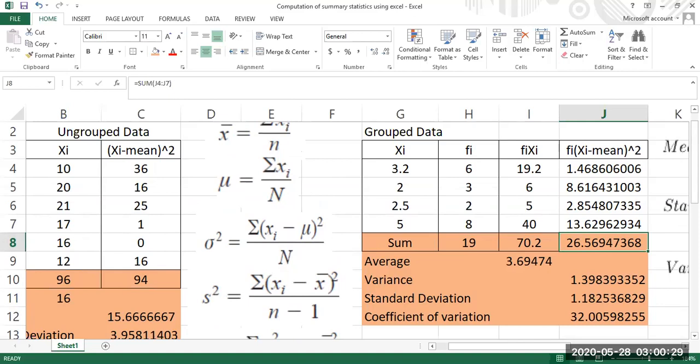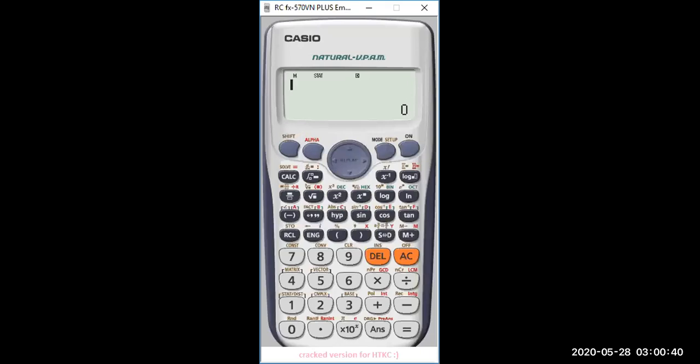10, 20, 21, 17, 16, and 12. So this is, let's hope I remember this, it's taking a little while. Okay, so how to give data? Go to shift, stats, and then type. So go to type, variation, so it's 10,